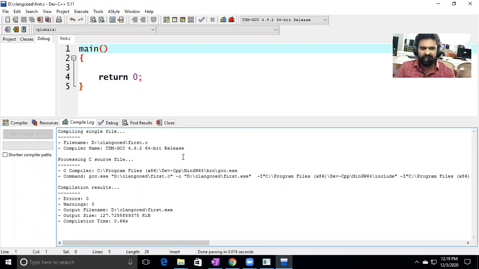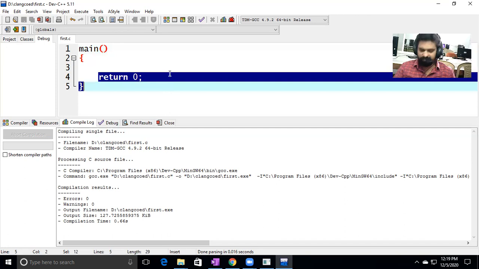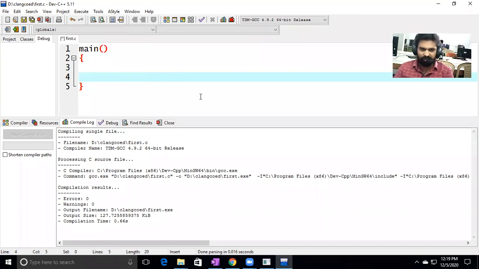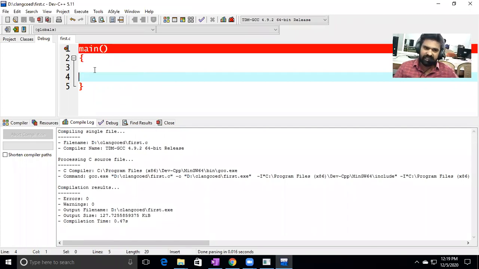Even if you don't write int, no problem. If you don't write this return 0, no problem. Now also no problem. Let me check. Now also it is not giving any error. So implicitly the compiler takes the return type as int, and implicitly the compiler takes the return 0 statement.